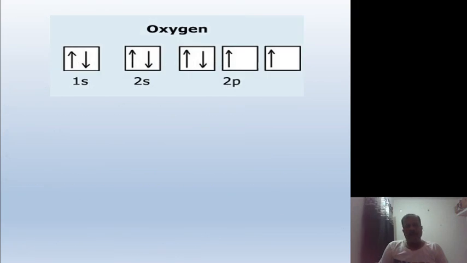This is the diagram of oxygen: 1s2, 2s2, 2p4. 1s is a full orbital, one is up and one is down. Then 2s is also full, one is up and one is down. In the 2p cells, the first cell is filled, one is up and one is down. Then the second and third cells are spinning up. This is Hund's rule.